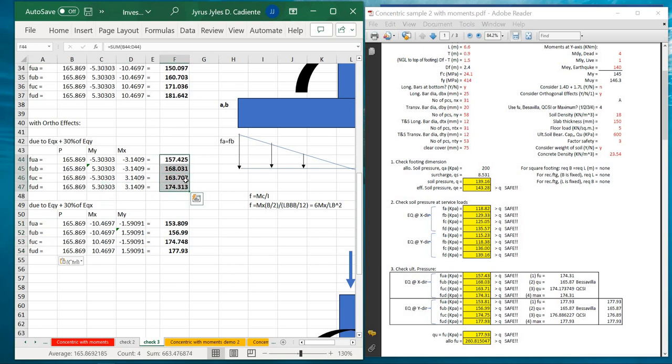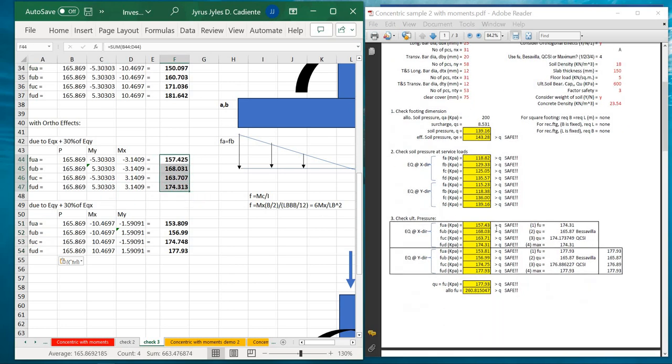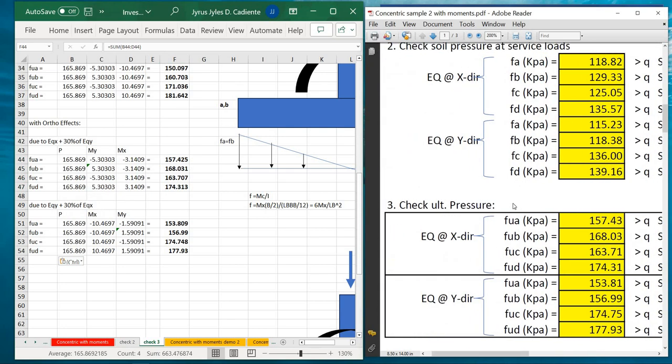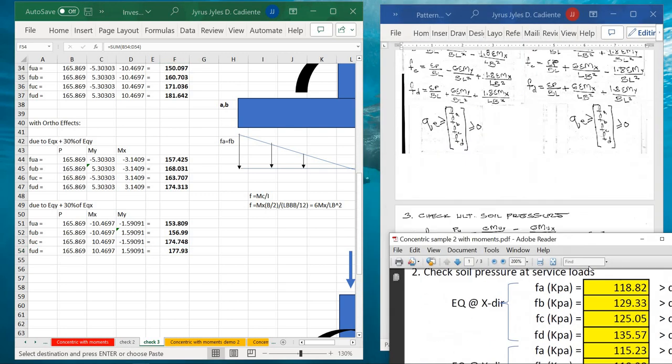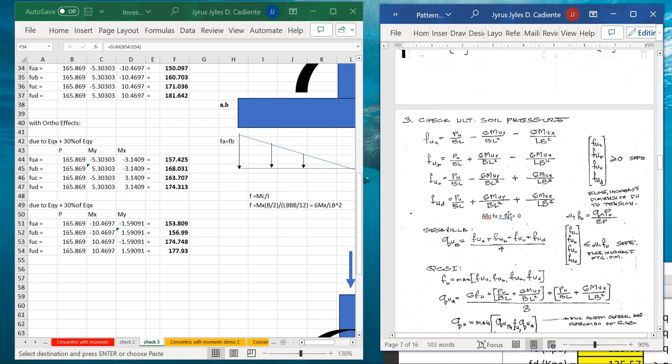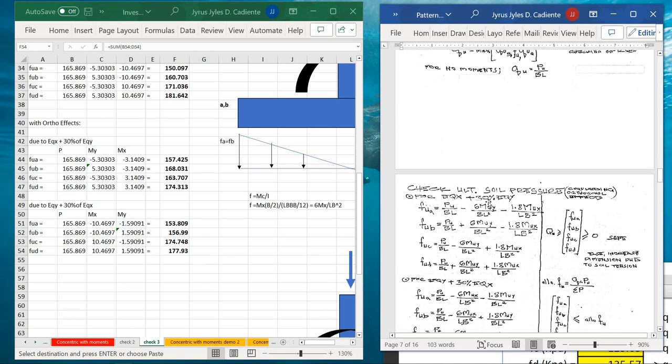So, 157.43. Eto siya, considering orthogonality effects. Tapos, EQ at Y direction. Ayan, ito siya, 153.81 tsaka 177.93. Dito. Which is, dito sa pattern, natapos na natin ito. Dumiretso tayo dito sa